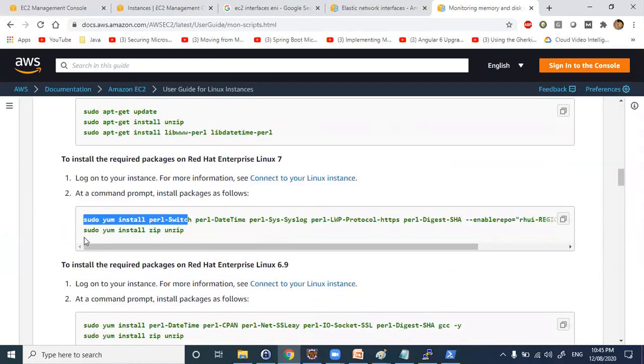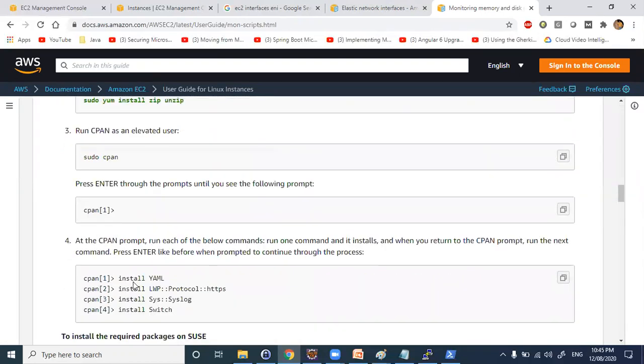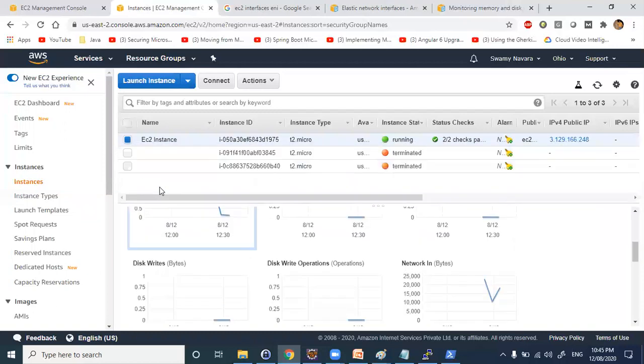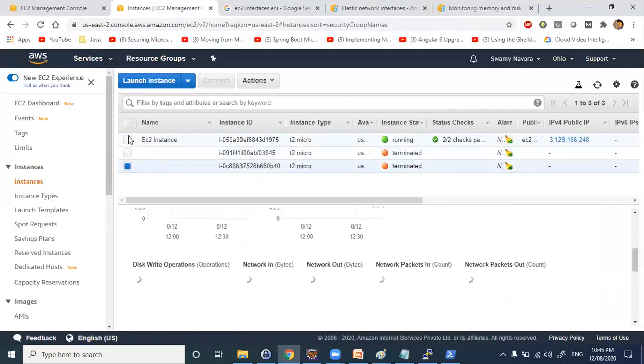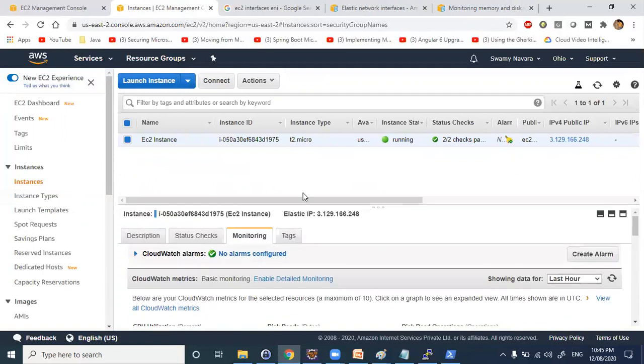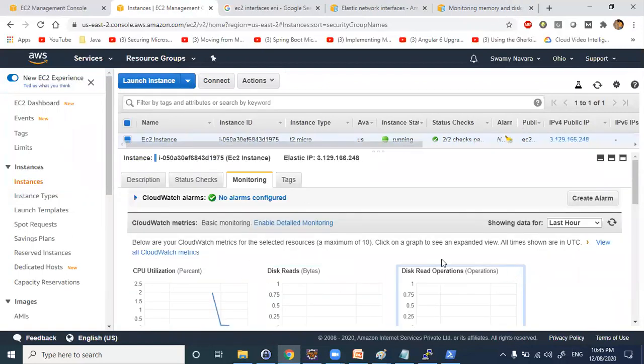They have given it in a very detailed way. After installing all these syslogs, protocols, and everything, if you come and refresh, select that particular EC2 machine where you have enabled the logs, and if you refresh here, you can see your logs for monitoring as well. So try it. If you are facing issues, let me know.